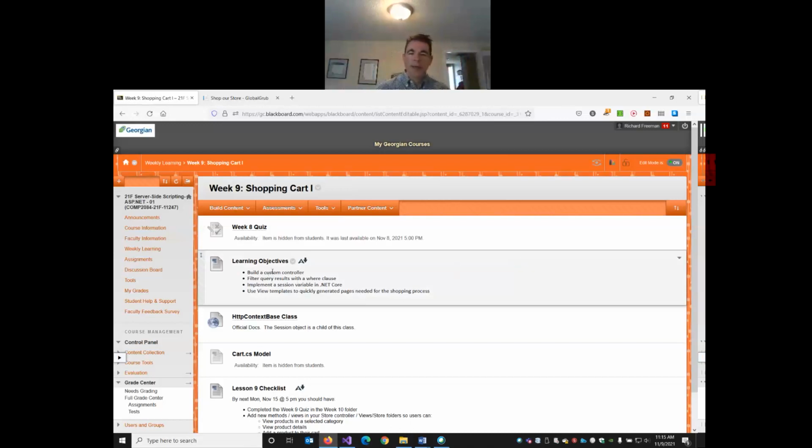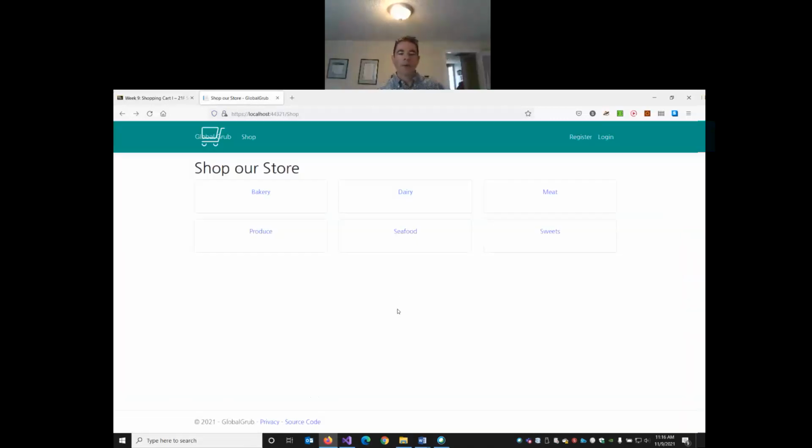So we already created a custom controller back in our last class before our midterm. We created a shop controller, but we're going to do a lot of work in that controller. We're going to look at how we filter query results. We're going to implement session variables in .NET Core, and then we're going to generate some new views using some of the .NET Core templating engines. So if you want to open up your Global GRUD project,